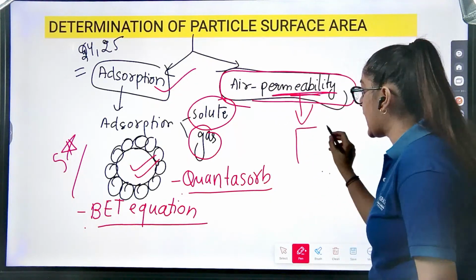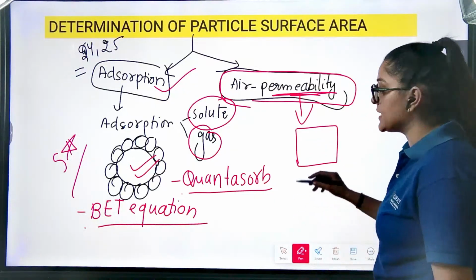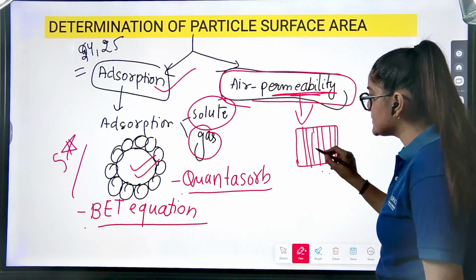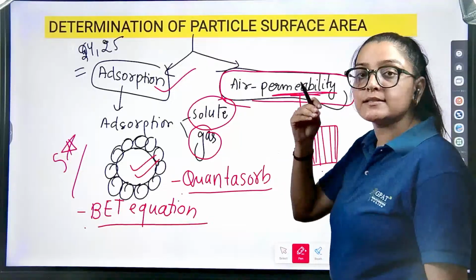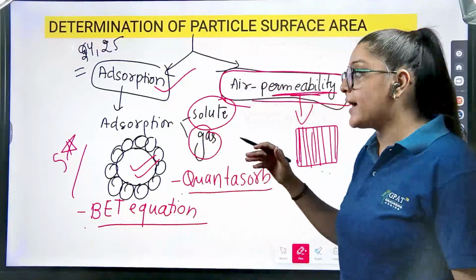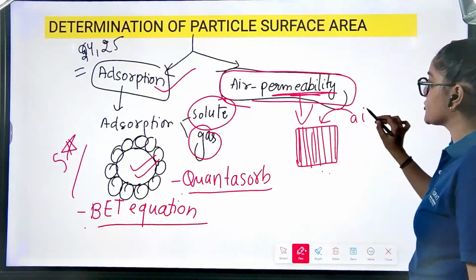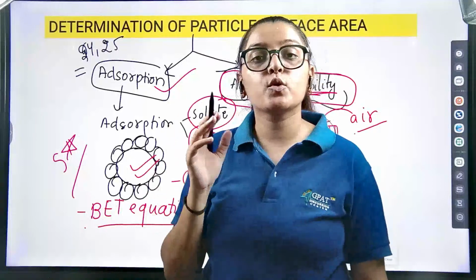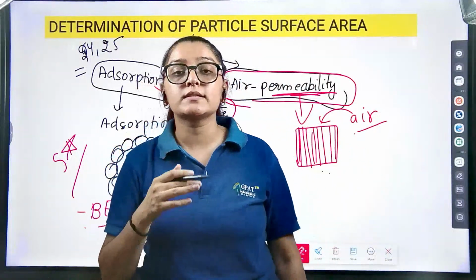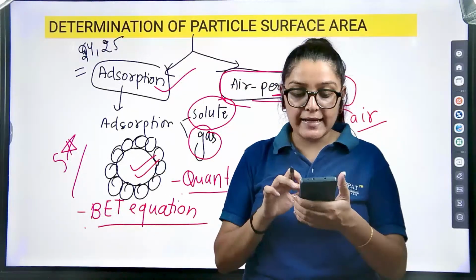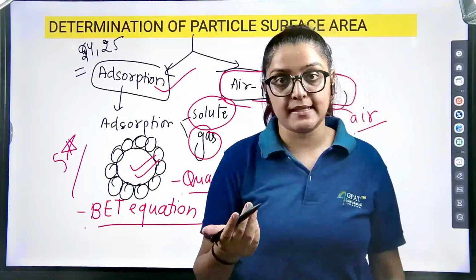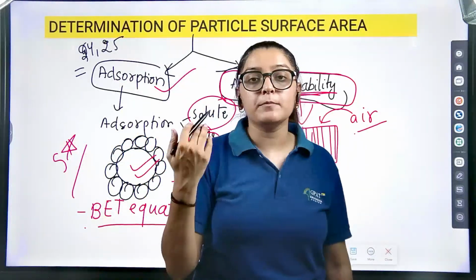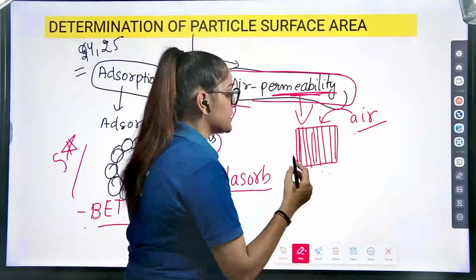Here we have a packing like this in which smaller capillaries are kept. In these small capillaries, we have our powders stuffed, and above which the air is passed. Obviously, you will get more idea of the porosity here. Porosity means voids, holes, gaps, right? So we get an idea of the powder packing in this case. So the air is passed, so the gaps between the particles can be estimated. For this reason, you can get the